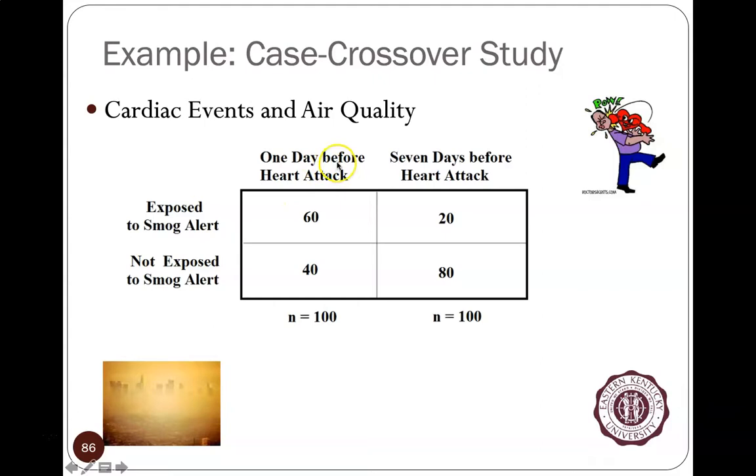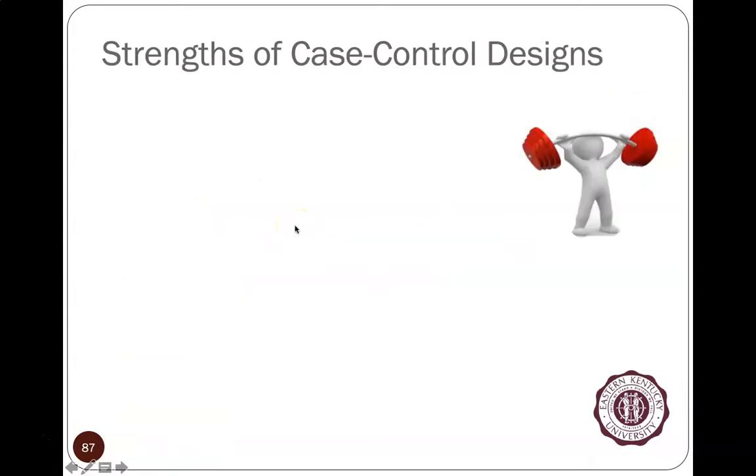So they would do 1 day before they were presumably infected, or maybe 3 or 4 days before they show clinical signs or symptoms, and look at the air quality. And then they go 7 days before they were infected and look at the air quality. So those are different things that are out there.